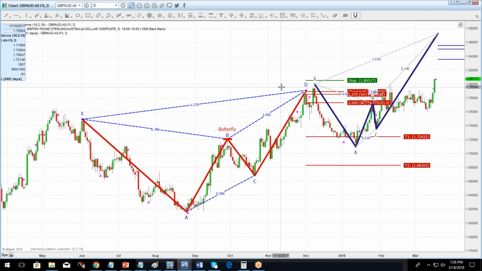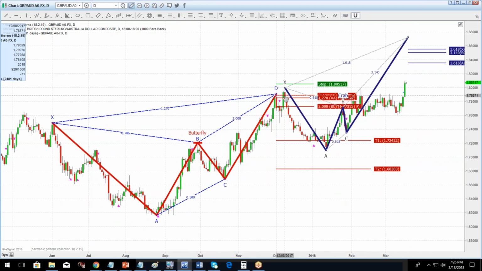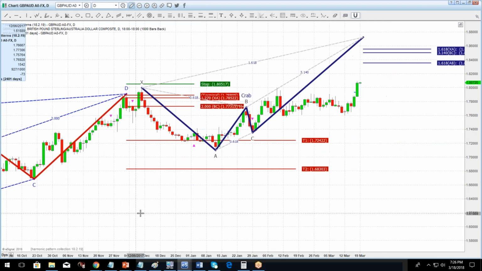Really beautiful type 1 reaction on the butterfly right here back in December. This comes right down to your 382 target. That's the definition of a type 1 trade, guys. And pound Aussie on the daily, with this recent breakout and with these measurements that we've got programmed, our algorithms are kicking this for a big